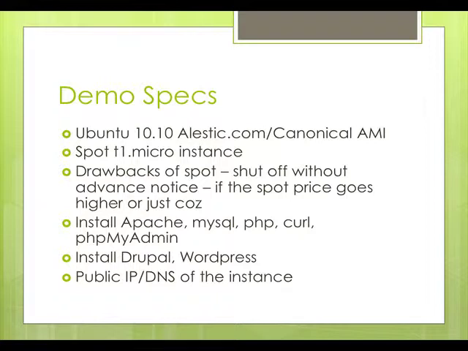So we will start Ubuntu 10.10 on a Spot T1 micro instance. What is the drawback of starting a Spot instance? A Spot instance can go out on you at any time if the bid price is higher than your bid price. Number one. It can also shut itself down for no other reason than Amazon wanted it to shut down. So there's a very big risk if you're trying to run it on a Spot thing. But given that I'm doing a presentation here, we'll just go with that. Spot instances are the cheapest instances also.